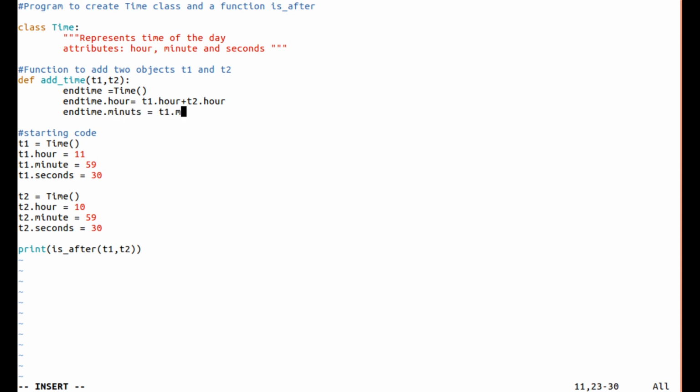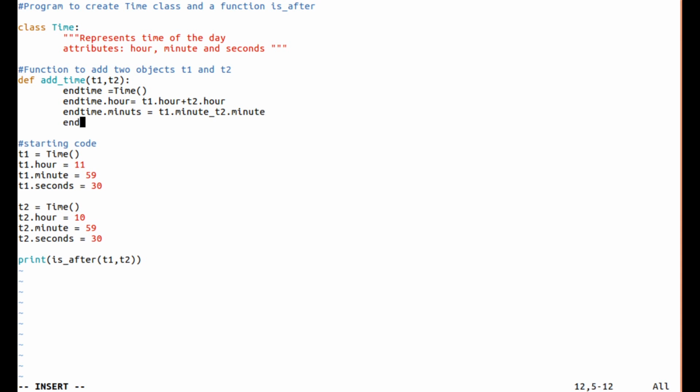t1.minute plus t2.minute, and the third one, end_time.second is equal to t1.second plus t2.second.